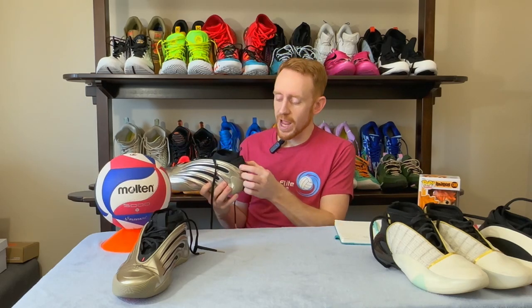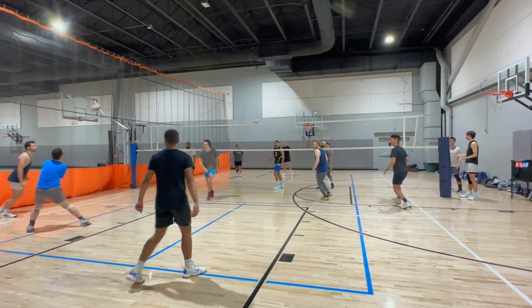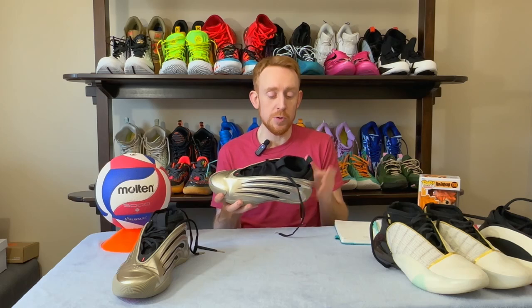And then, of course, as you move up here, we've got the fake carbon fiber that they have in the heel, which I'm not sure why they do that. You can tell it's obviously not carbon fiber. It's flexible, almost like the synthetic material here, but I guess they thought it looked cool, so they put that in the heel. But your heel's not going to feel good in the shoe. You might bottom out. It's going to feel a little bit clunky,